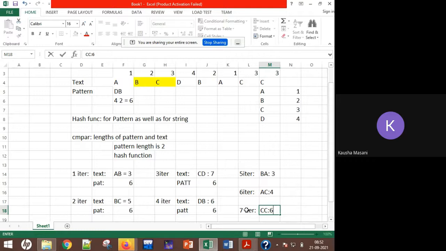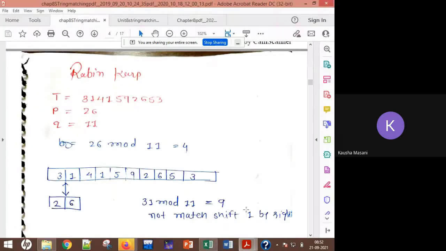You will find out what the hash function is. You will be given the text, you will be given the pattern. Q is the length value, or you can say 11 here. In this example, it is written as 11. If you count the text length, 1, 2, 3, 4, 5, 6, 7, 8, 9, 10. Oh, sorry, this had to be 10. Fine. Q here is 11.